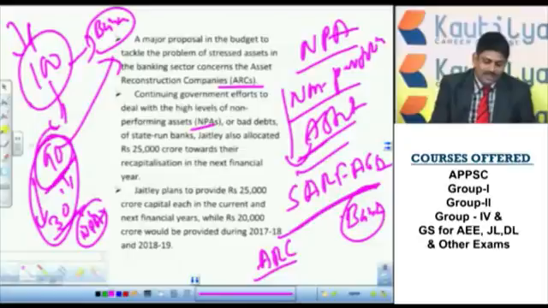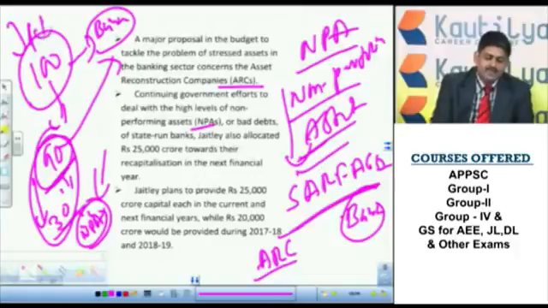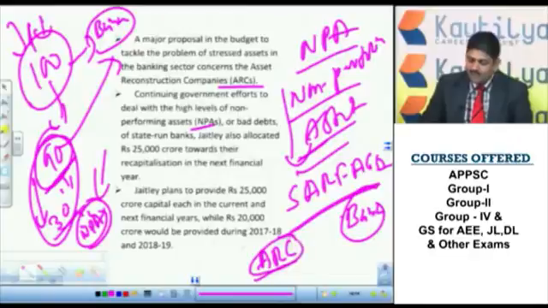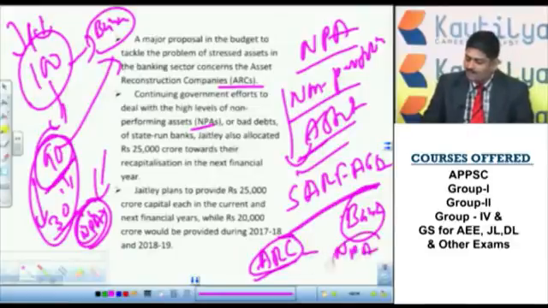After this 120 days it has to declare an NPA. Once it is declared as an NPA, the bank will either auction that particular property in order to get its amount back. So instead of all this process, a company was created by the government of India known as Asset Reconstruction Company. This Asset Reconstruction Company will purchase or buy this NPA. That means this 100 crore, but not exactly 100 crore, a certain amount will be paid to the concerned bank, and the ARC will purchase that NPA, and it will recollect from the person.